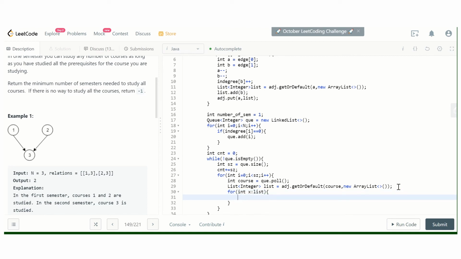And if all the prerequisites has been taken, then we should take that course into the next semester.